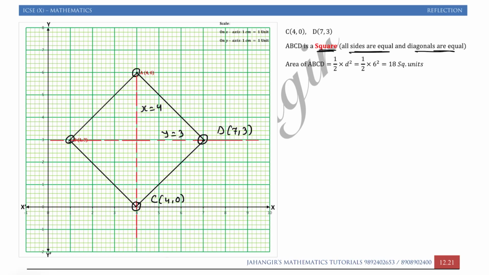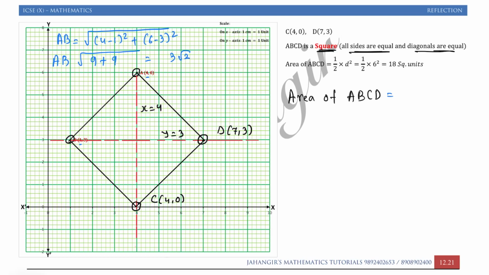So you can say area of ABCD. We have to find area of ABCD also. Either you can find the sides. Sides I can find as AB by distance formula. X2 is 4 minus 1 plus y2 is 6 minus 3 whole square. You can do it manually. 4 minus 1, 3, 3 square is 9 and 6 minus 3 is 3, 3 square is 9. So it is 9 plus 9, 18, so 3 root 2.